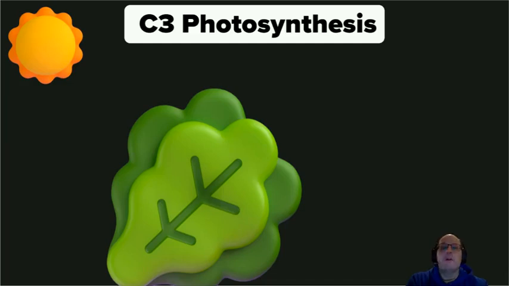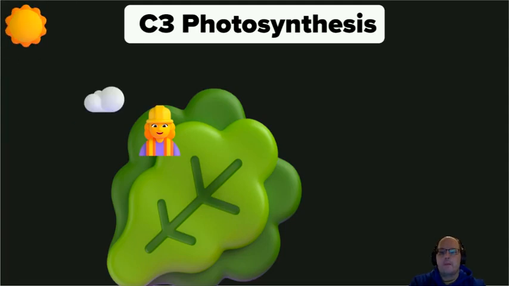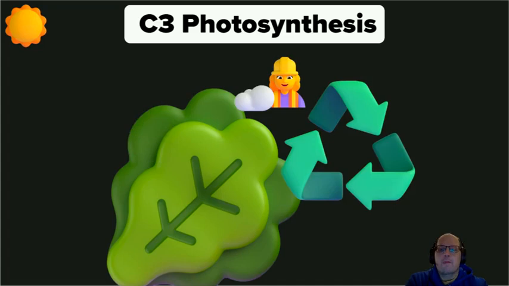What we've learned so far has been called C3 photosynthesis. And this is basically just because of what Rubisco does with carbon dioxide. The basic thing is that as carbon dioxide comes into those leaves through the pores, mostly on the bottom of the leaves, the stomata, Rubisco is going to grab that carbon dioxide itself,